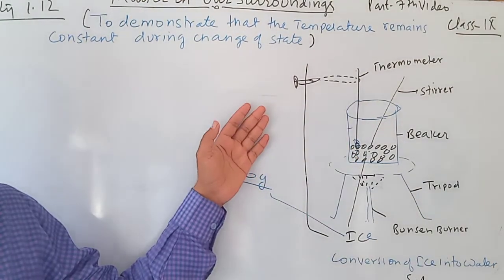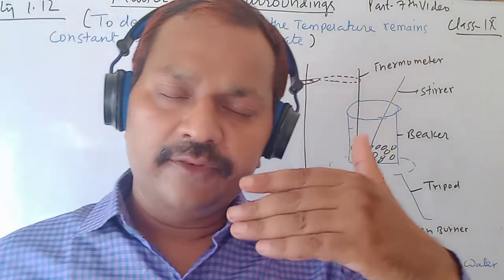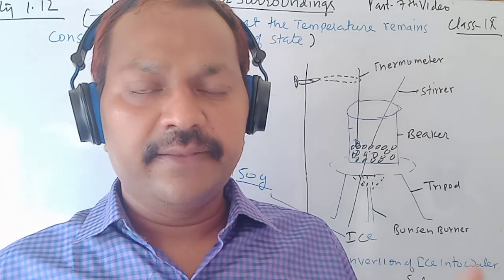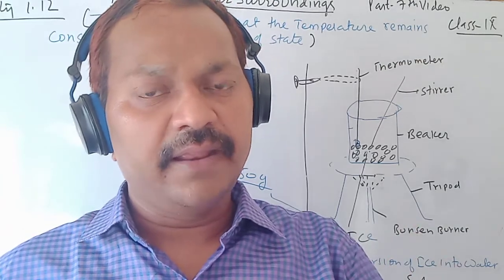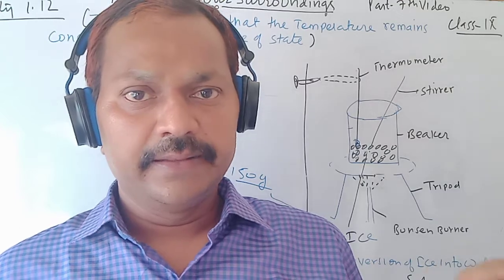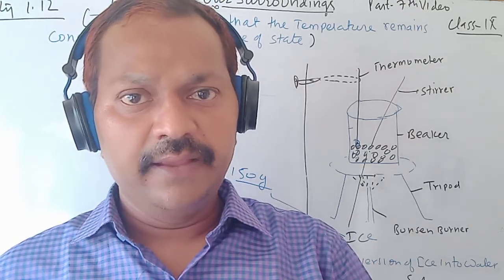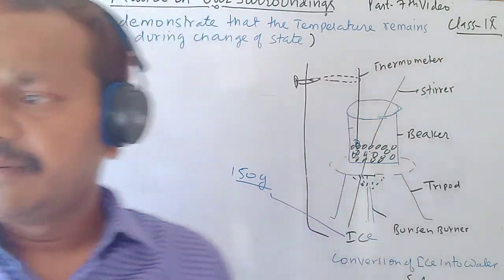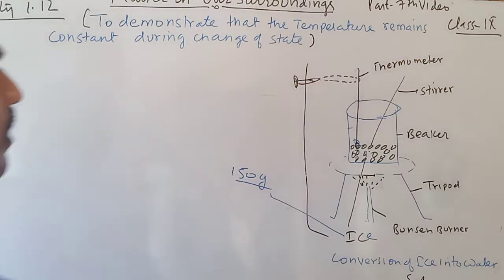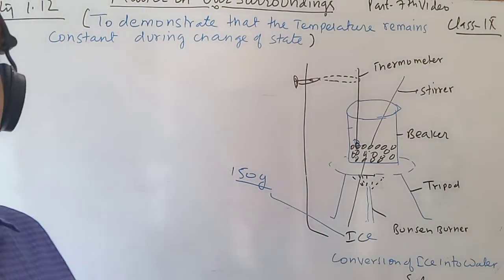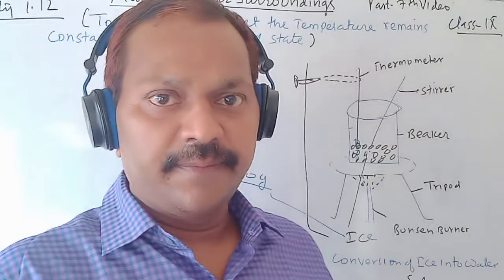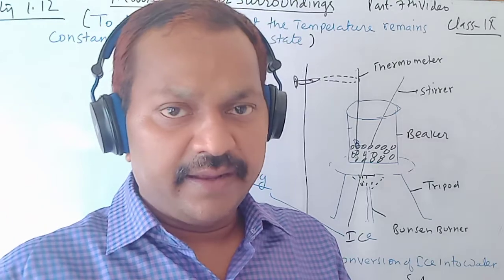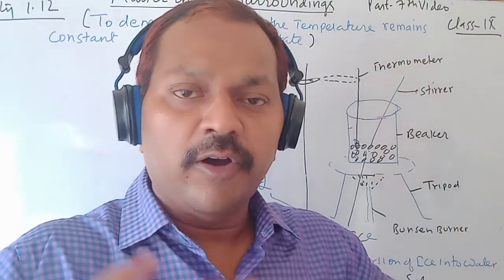Now very simple, we all know the temperature at which ice starts melting. The temperature at which ice starts melting is known as the melting point. So now, children, the point is clear. What is the melting point of ice? The temperature at which ice starts melting, that point is known as the melting point of ice.